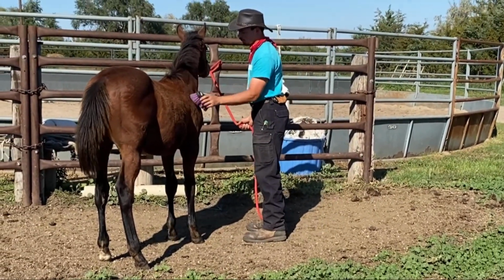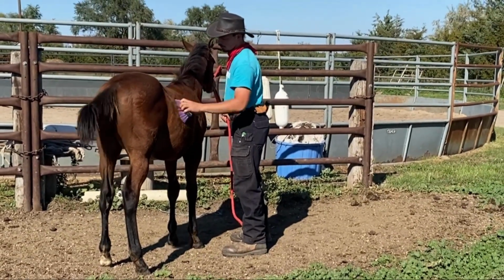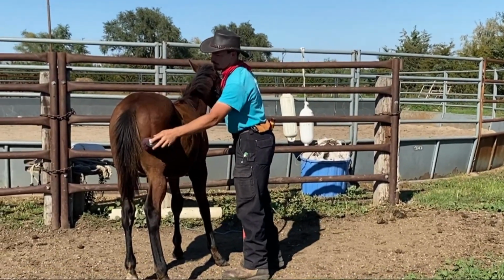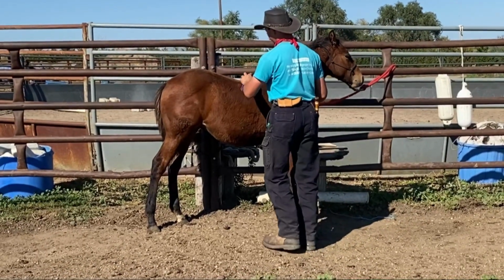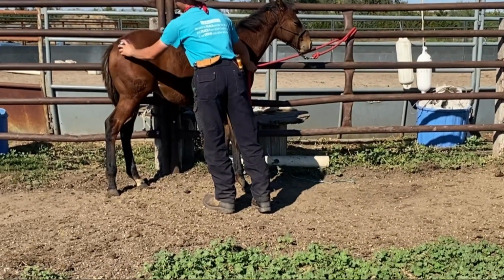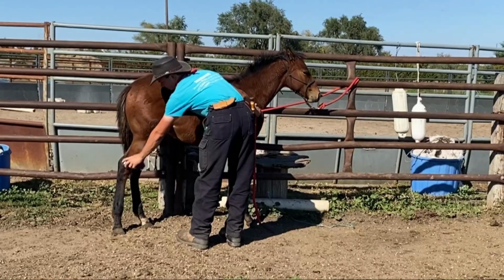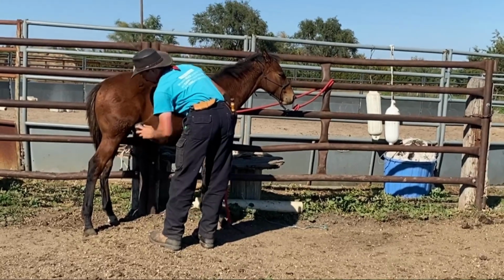Seth switches around to the other side of this colt's body, and he begins to brush him with a soft bristle brush. And something I don't think that we take into account is the different feel each brush has on their body. We see a lot of people that will use a metal curry comb, and I only try to use that piece of equipment when I'm knocking off a lot of mud and gunk that's stuck on their coat. Otherwise, it's a rubber curry, because that helps bring up the good oils in their hair coat, and that gets some good massaging, and generally I can find where they're sore in their body when I use that. And then I use a stiff brush and a soft bristle brush,